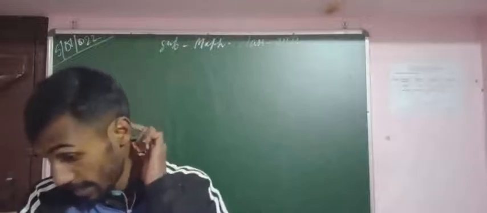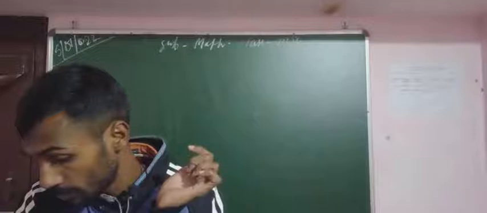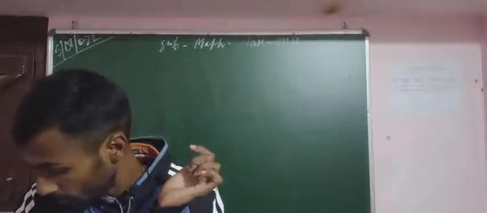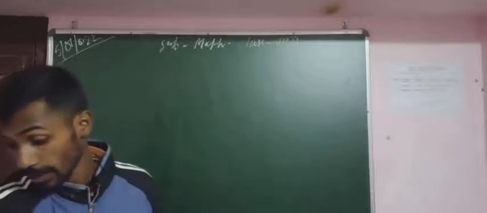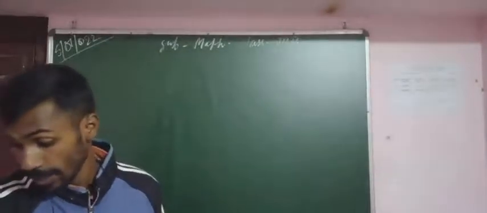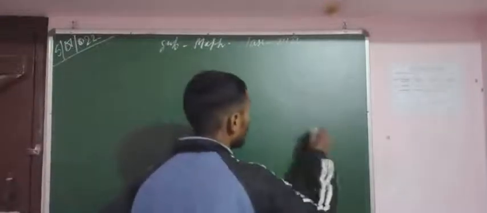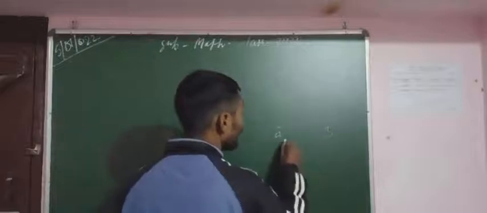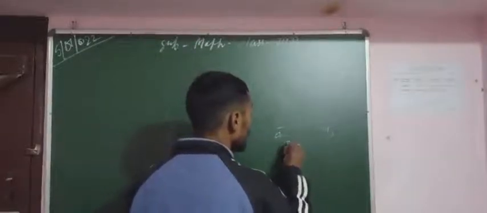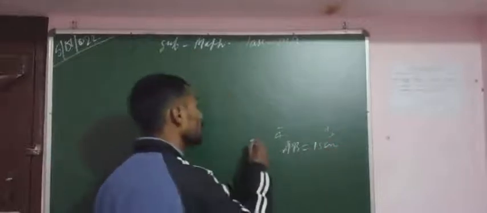Find the area of a triangle whose base is 25 cm and height is 14 cm. Find the height of a triangle whose base is 15 cm and area is 120 cm. Suppose that it is a triangle. It's A, it's B, it's C. The base BC given is 15 centimeters.